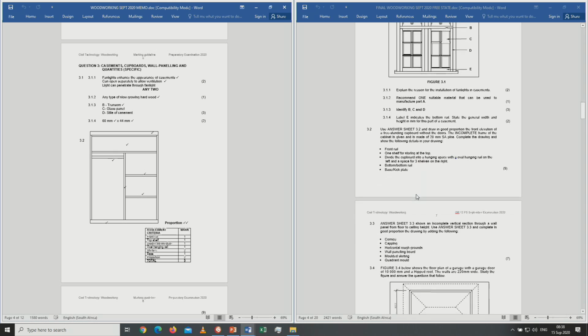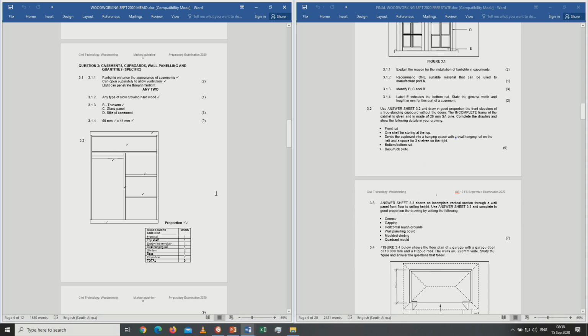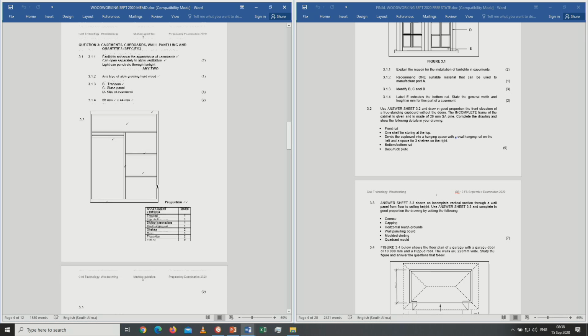And when we go to 3.2, 3.2 will be the cupboard. We ask there, use answer sheet 3.2 and draw in good proportion the front elevation of a freestanding cupboard without the doors. The incomplete frame of the cabinet is given and is made out of 20 millimeter SA pine. Complete the drawing and show the following details in your drawing. Now, colleagues, if you go to the answer there,